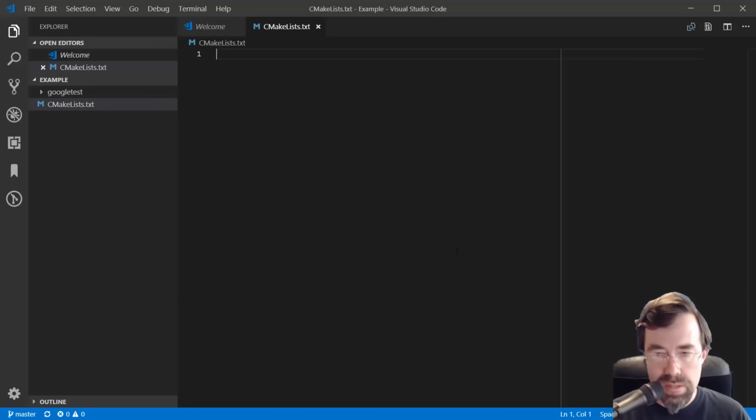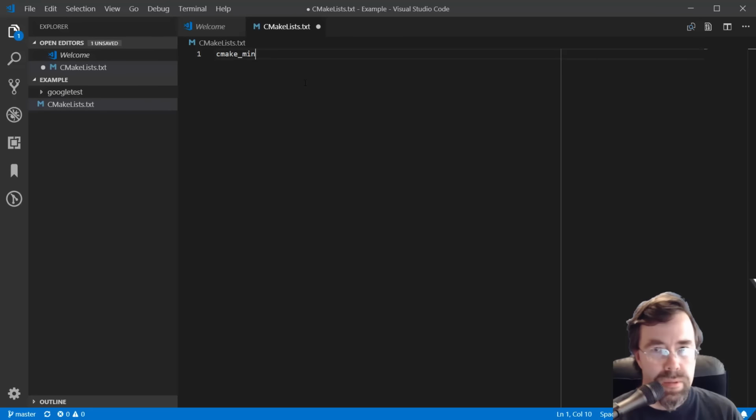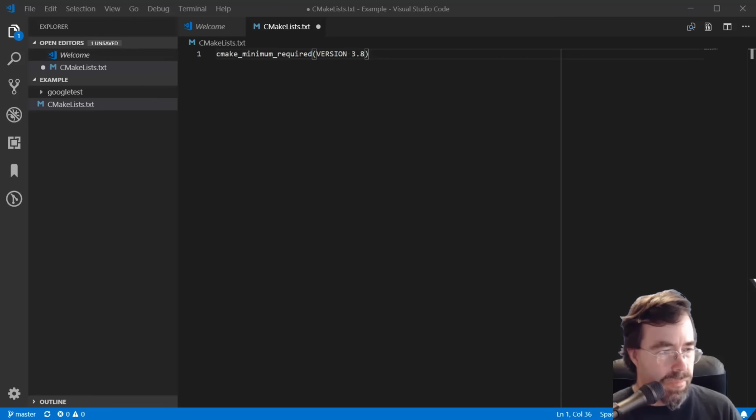And let's hide the terminal here. So I'm going to sort of type out the basic structure of a component that uses CMake. So first thing I'm going to do, cmake_minimum_required VERSION, and then you say what version of CMake you depend on. And usually you want to pick the version that you